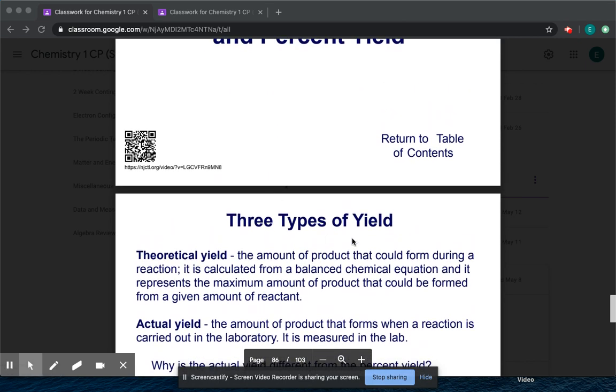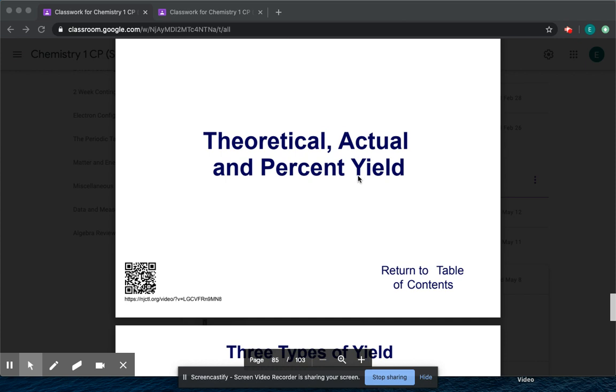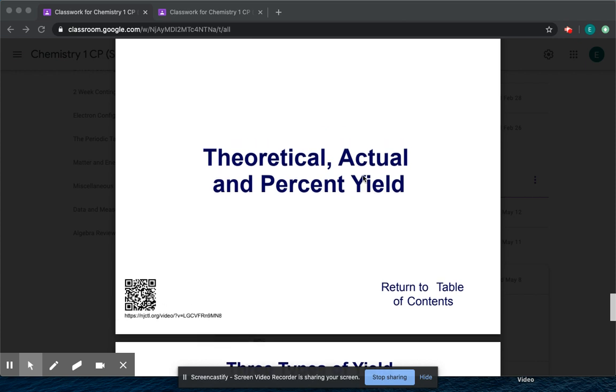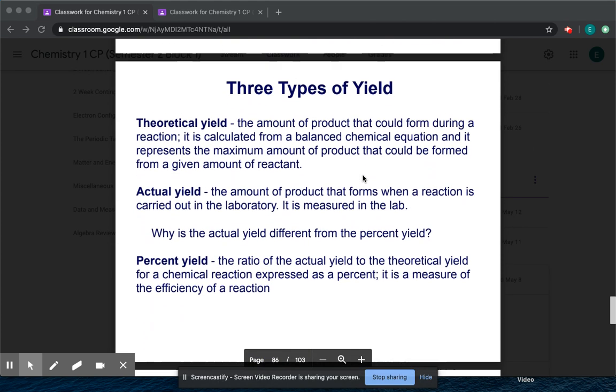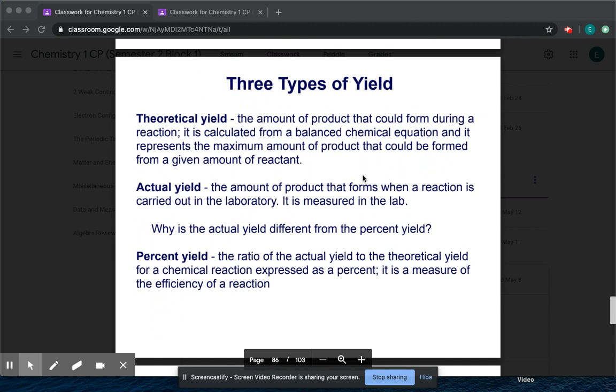So yield in general. The word yield can be used in different contexts. If you're thinking of a traffic sign, yield means to slow down or to stop. But in this case, yield is referring to how much of something you get. So like, this is my yield. This is how much of something I got out of something else, like out of a project. This is what I got from it. So that's what yield is. And there are three types of yield that we will be looking at.